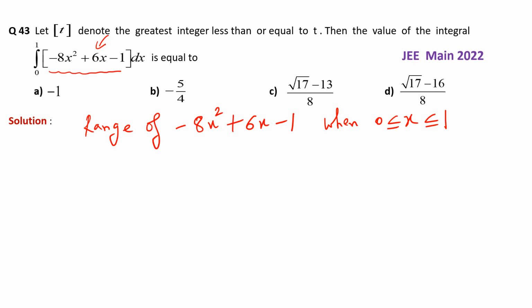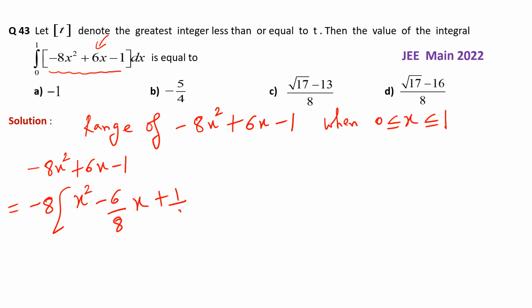Now students, to find the range of this particular polynomial, I will be using perfect square completion method and inequalities. Now, minus 8x square plus 6x minus 1 can be written as minus 8, I have taken common outside. Inside the bracket, x square minus 6 upon 8 into x plus 1 upon 8. Now students, just break down the term inside the bracket either into the sum of two perfect squares or in the difference of two perfect squares. Now this will become